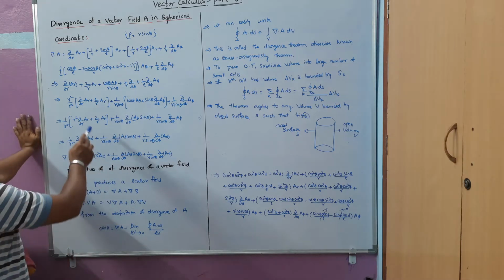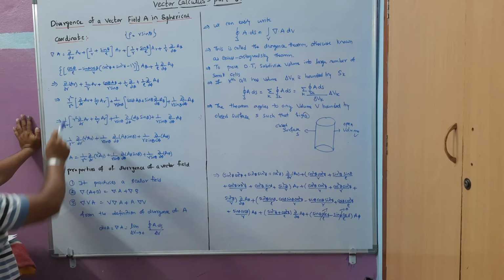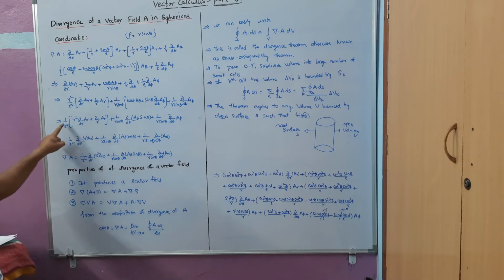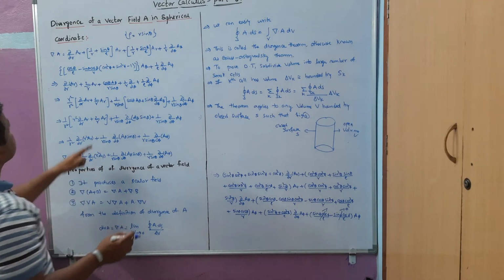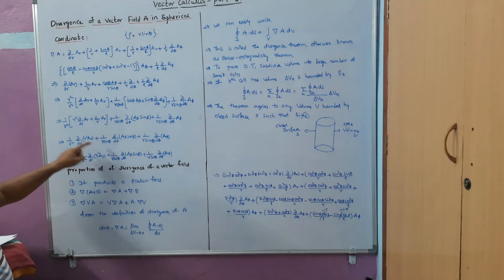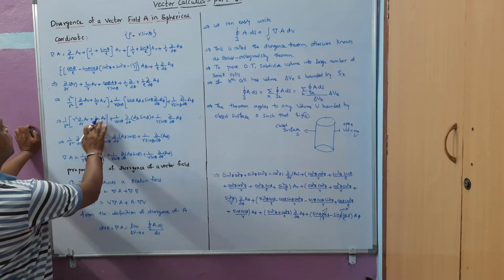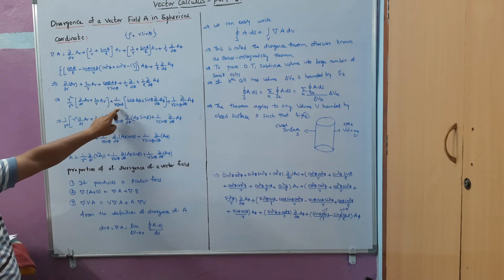Okay. Now after that, for this step I am going to apply r square by r square. I am multiplying and dividing this term. After doing this, I will send the r square inside here. If I send r square here, this r by r will get cancelled. So I get 2r, okay, 2 by r here, okay.